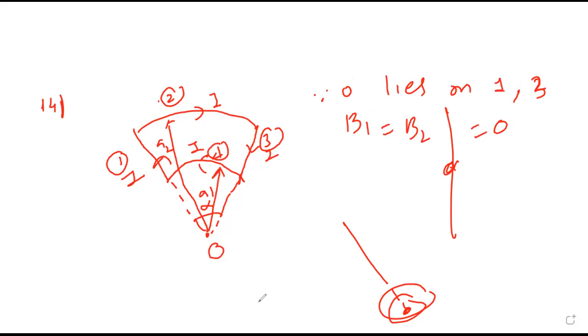Yes. Only who will give field? The loops, second one and fourth one. Correct. What is the formula for a full circular loop? B equals mu naught N I upon 2R. Correct. That is for a full loop. Is it full or part? It's part. Which is subtending what angle at the center?